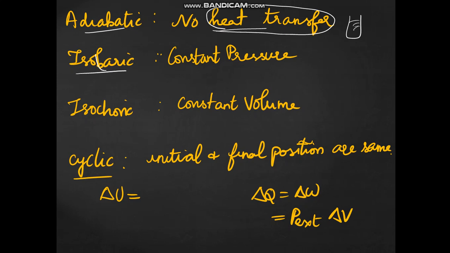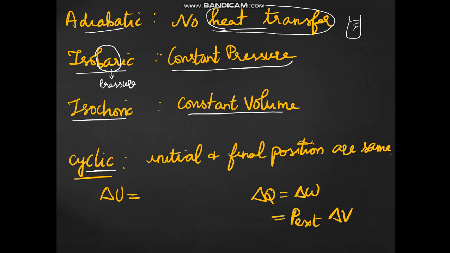Isobaric process. To measure pressure we use a unit known as bar, so they have given the name isobaric. So the process which occurs at constant pressure is known as the isobaric process, and these definitions they ask directly in the NEET exam, so you must remember the definitions. For the isochoric process, the process which occurs at constant volume is an isochoric process.